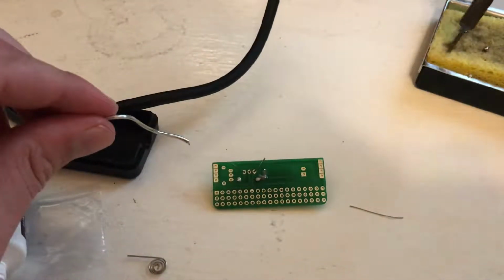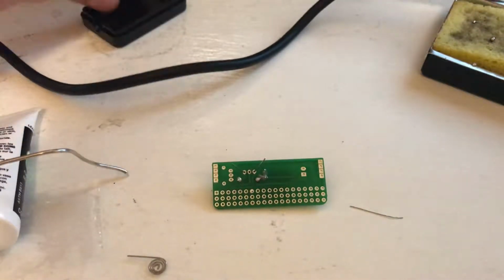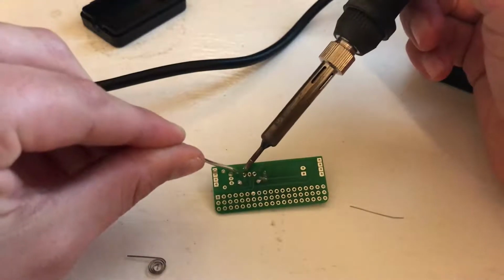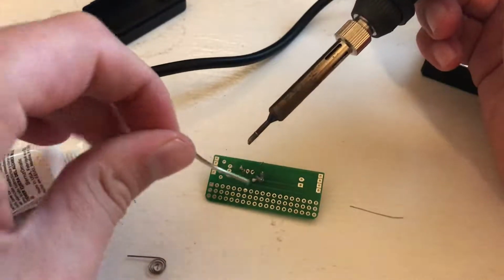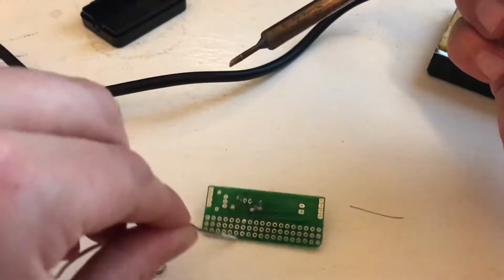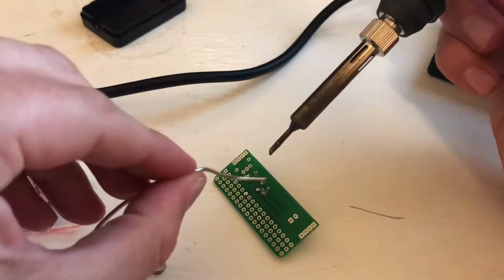Clean off my tip. Okay, there we go. And we're going in. Get a little tin on my... Okay, it's really ugly. Well, that's one way to do it. Okay. Oop. Watch out. You have 1,000. Not 1,000. I think I'm currently running about 750